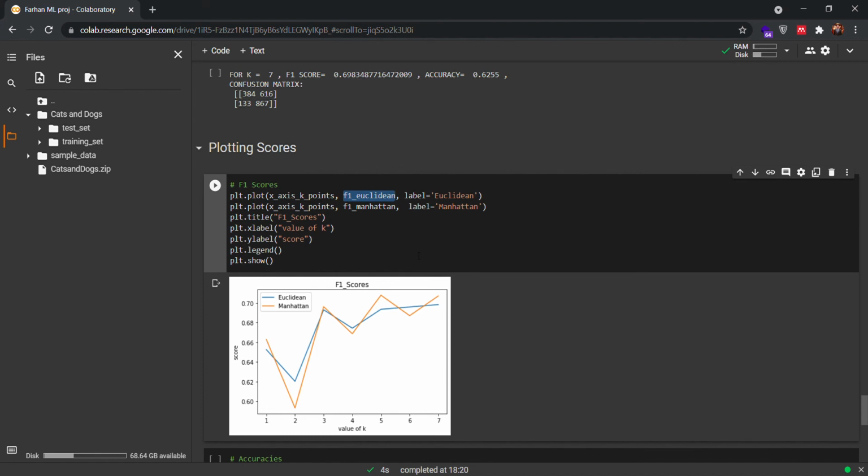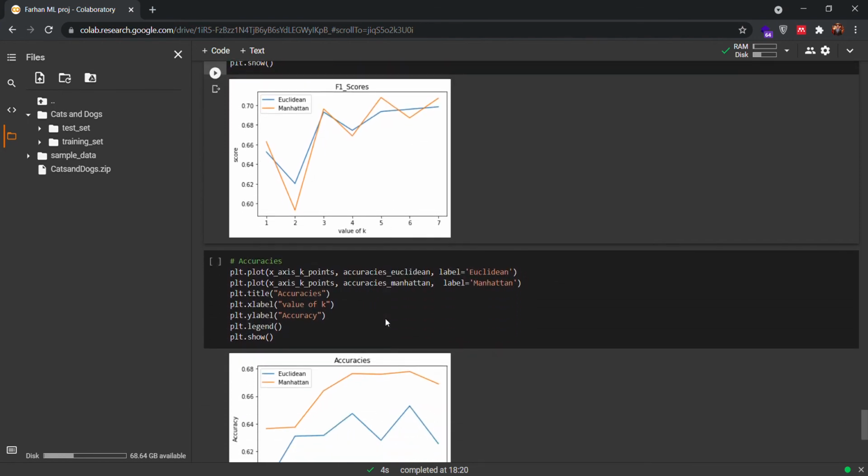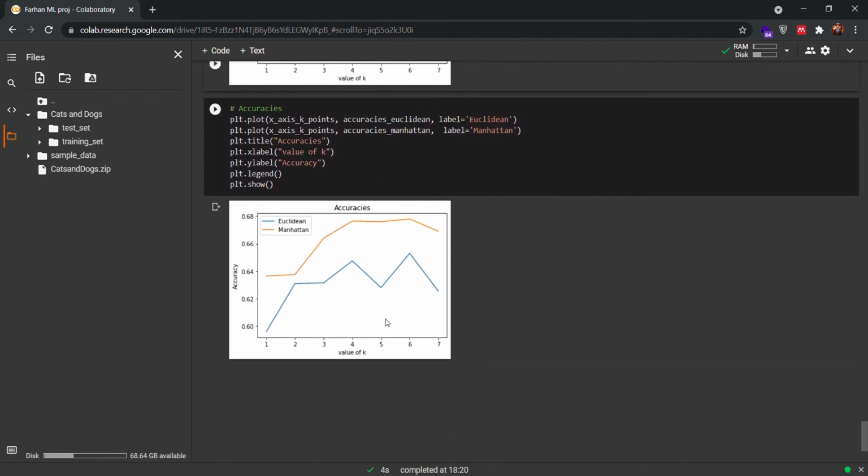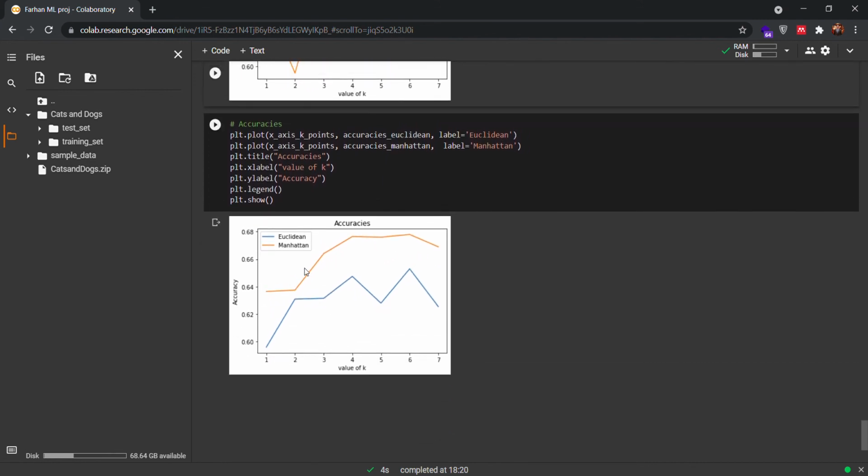Here the orange line is Manhattan and blue is Euclidean. The accuracy also increases with the value of k, but after 6 it starts to fall. In the case of Manhattan, it rises exponentially, then it remains the same for some time, but after k value 6 it starts decreasing.